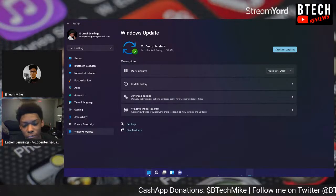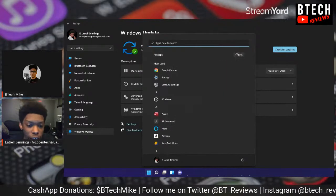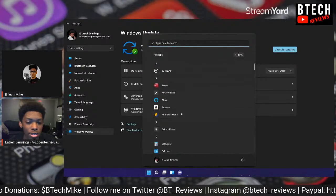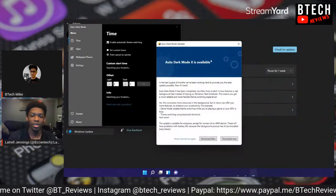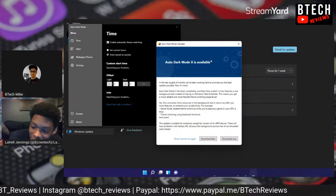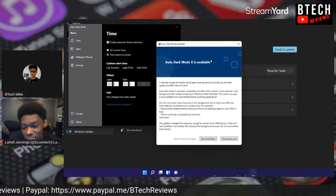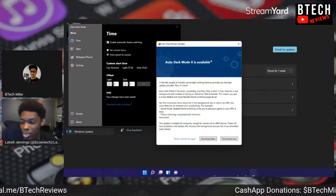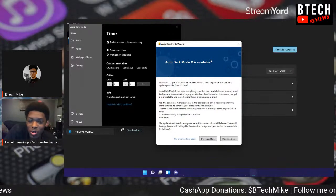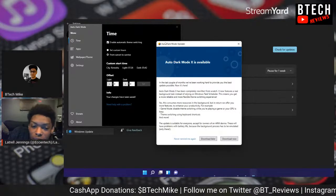So by the way, for anybody that has Windows, let me recommend this to you. If you do not have auto dark mode, there's this app called Auto Dark Mode. If you Google it, now, the kids are cool, man. You can still hang out with the kids, just hang out with us too. You can support the kids and you can support us. Just don't work. No, but Auto Dark Mode X is like